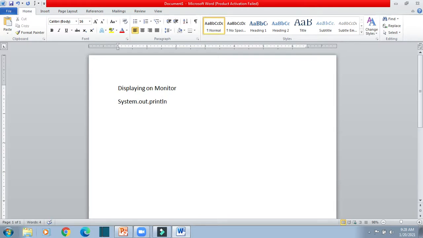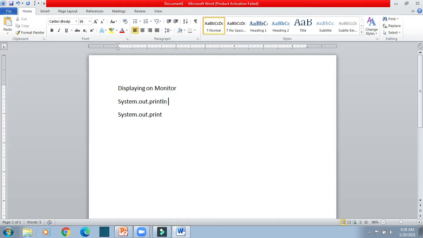If you want to print something, the code that we use is System.out.println or System.out.print. These two are used, either this one or this one.